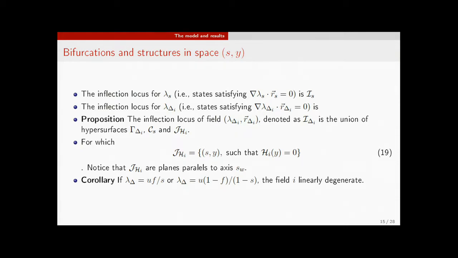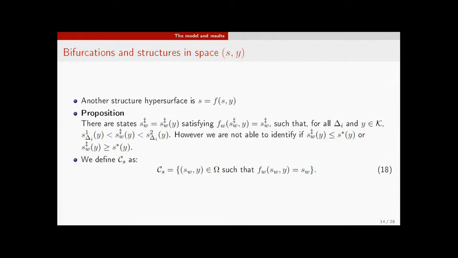This is the inflection for the chemical compounds, from Mailybaev, and then we have this expression that characterizes the inflection for the chemical wave. In this case, the chemical wave is the sum of C, this surface,